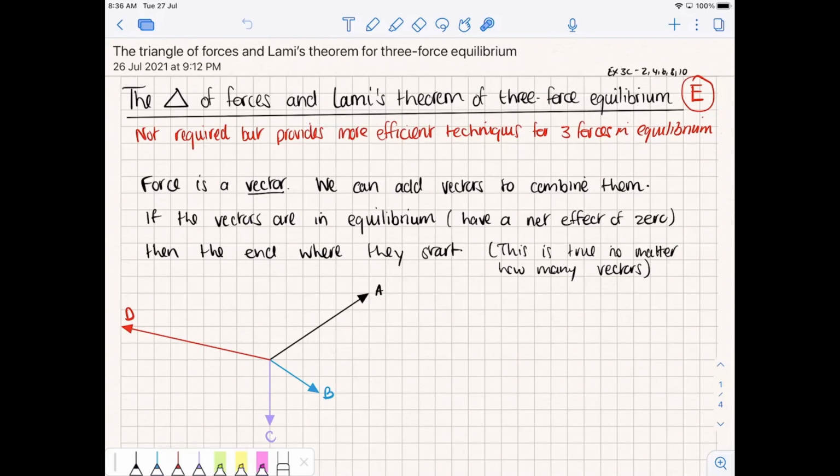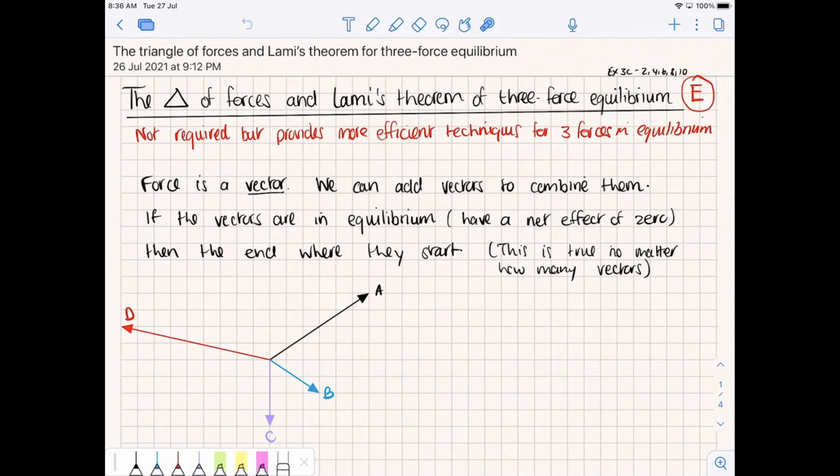So let's just remind ourselves that force is a vector. A vector has both magnitude and direction. So I've got four vectors over there. Maybe that's four forces acting on a particle, the particle being right in the middle. And we know that vectors can be combined to create a flow of what's going on. And when vectors are in equilibrium, in other words, if you have a net effect of 0,